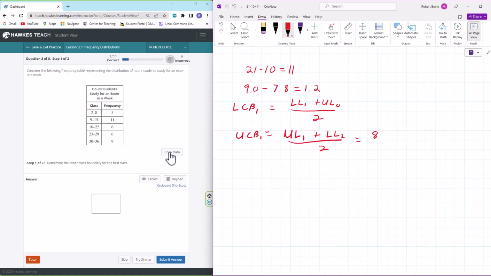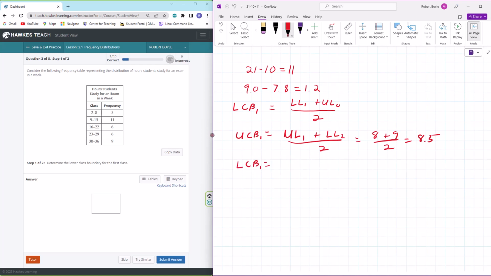The lower limit for the second class is 9 divided by 2. That's going to give us 8.5. Do you really need to do this? Well, no, because notice here we have 8, we have 9, that will give us 8, and then the number in the middle, 8.5. But now that we know this, we know that the lower class boundary for the first